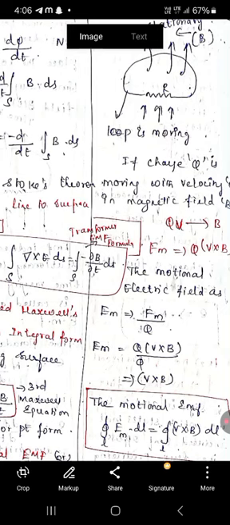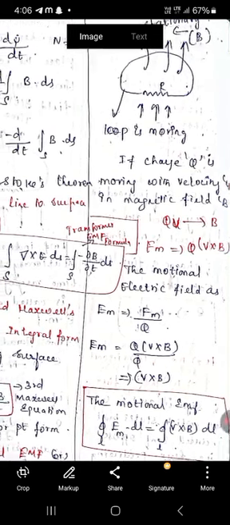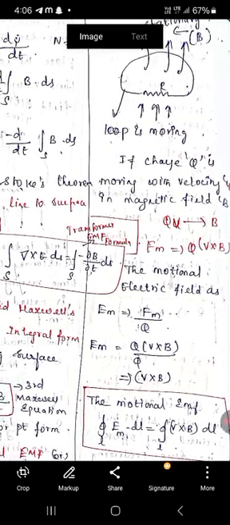In case 2, it experiences the induced EMF because our concept is that whenever we change the magnetic flux, we can induce the EMF, right? So I can do two cases: one, keep the circuit fixed and change the magnetic field, or else change the loop, move the circuit, and keep the magnetic field fixed. So this is the case.